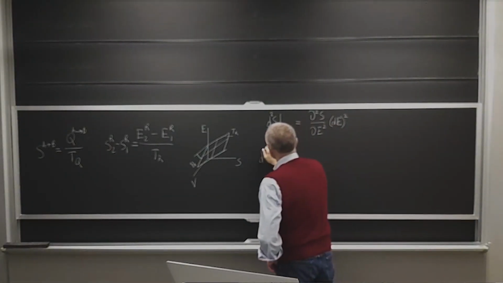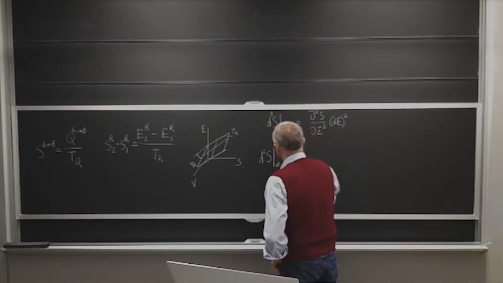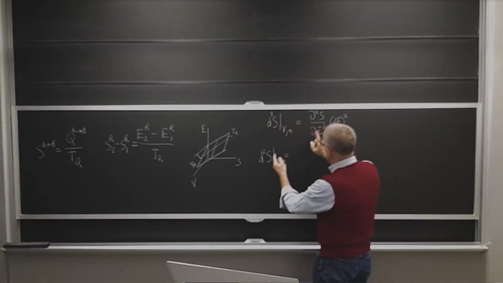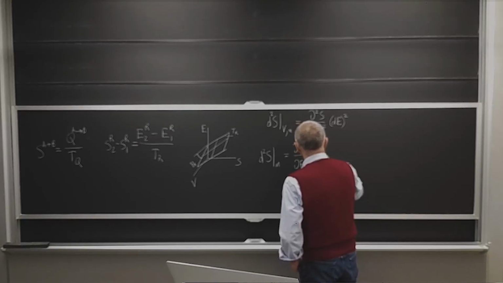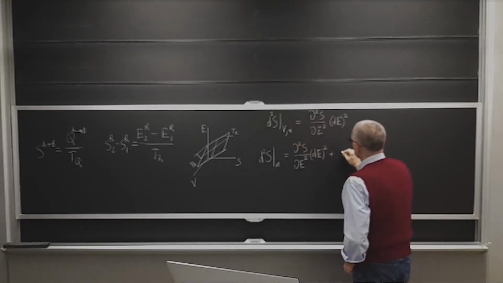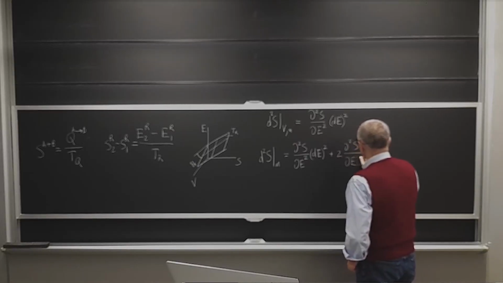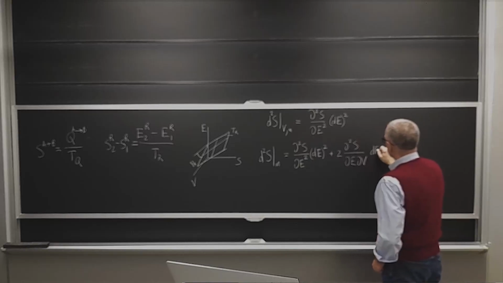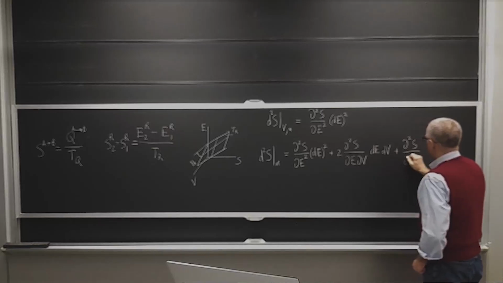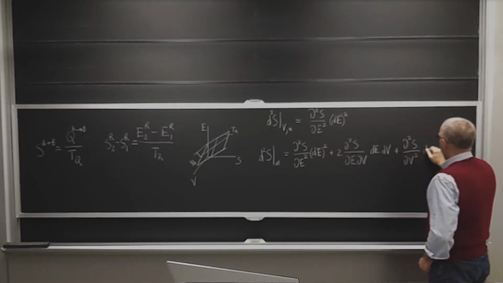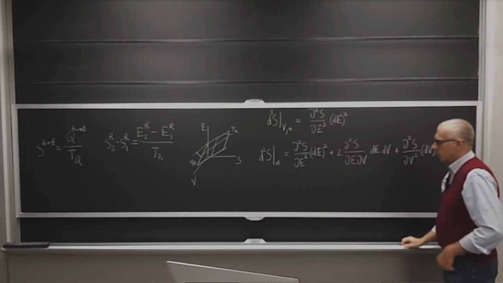But in this other d2S at constant N only, you can vary both E and V. Then it's given by the second derivative of S with respect to E squared times dE squared, plus twice the second derivative of S with respect to E and V times dE dV, plus the second derivative with respect to V twice times dV squared. So it's a quadratic form